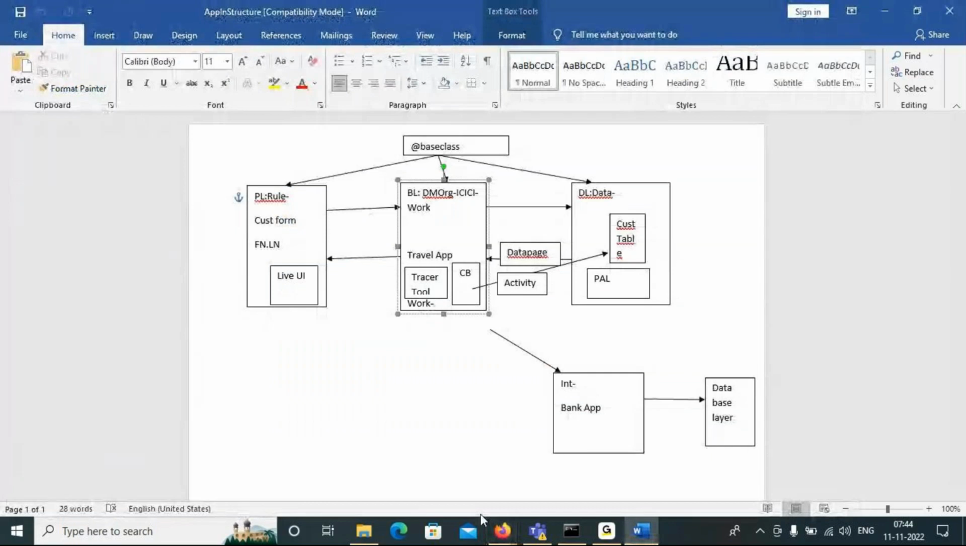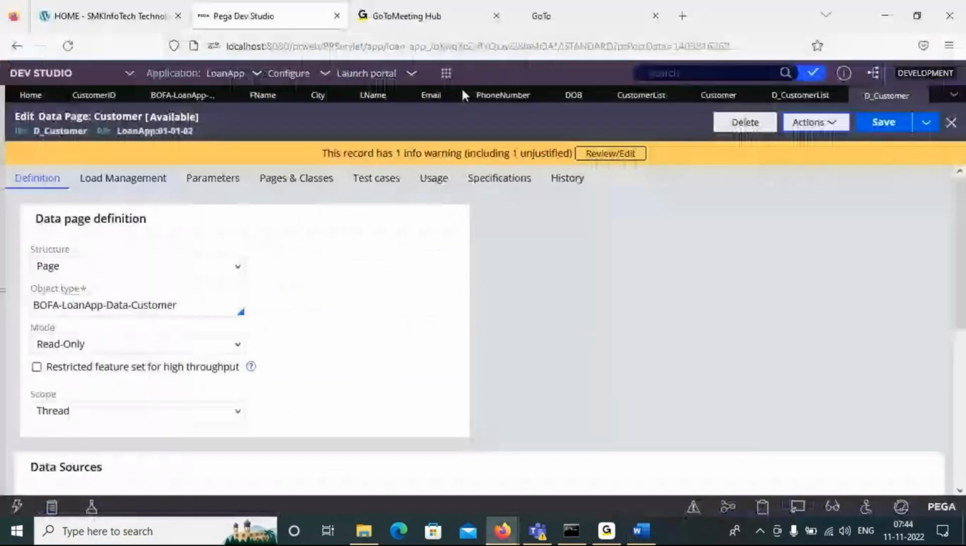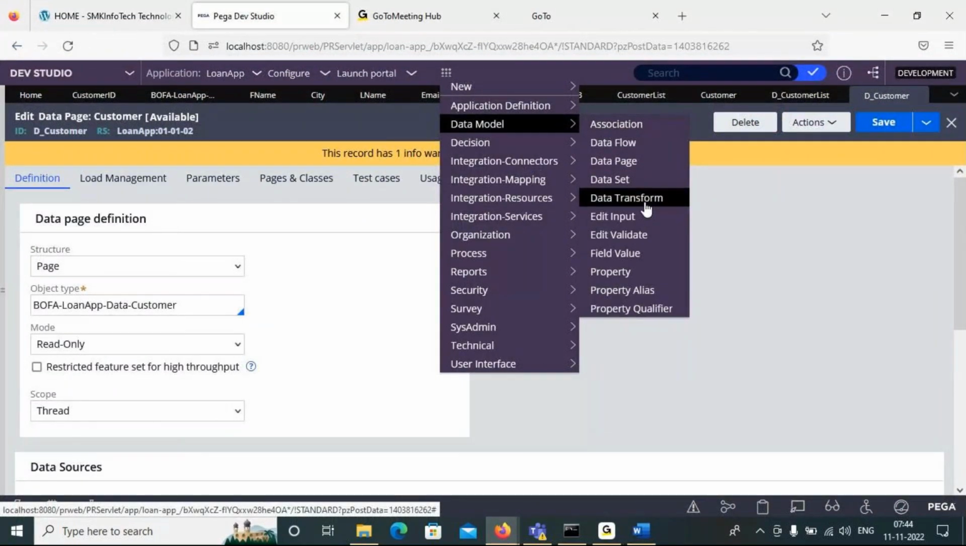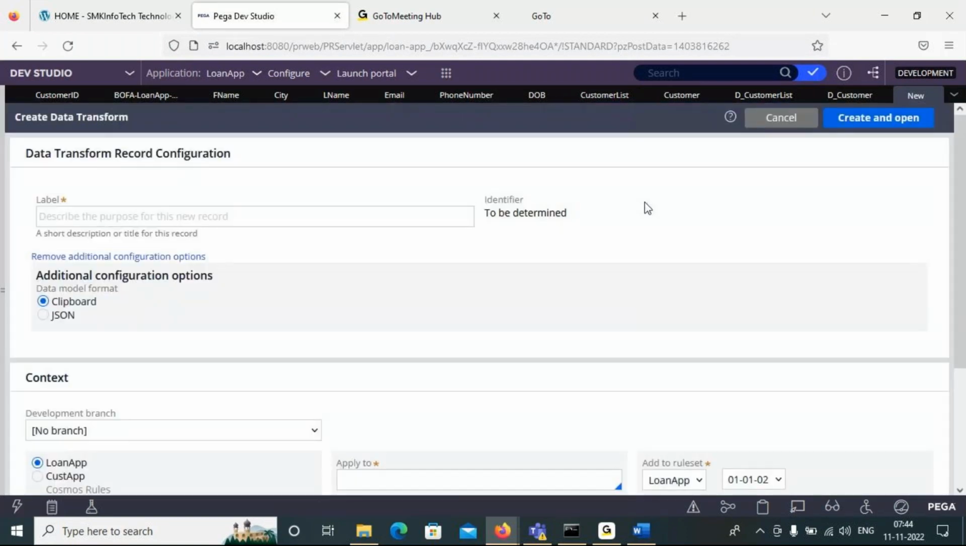So what we can do is use a data transform rule. This is a manual operation, we need to do it because Pega doesn't know where it is required. So you need to create the data transform rule. Go for data transform. The meaning is there in the name itself: data transform, transforming the data from source to destination. I want to transfer the customer data